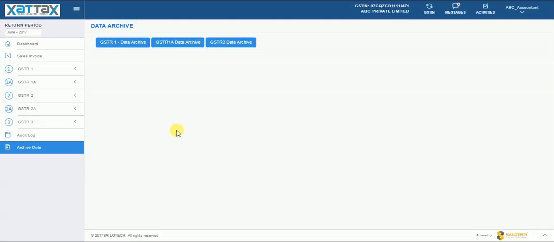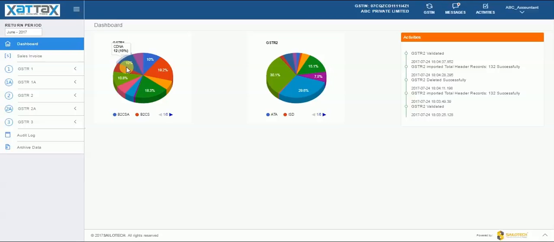So right now, APIs are available for GSTR1, 1A, 2, 2A and 3. As and when the GSTN comes up with the latest release with new APIs for the new returns, those APIs and returns would also be available in this product. And ExactTax has a team of CAs who are in the process of reviewing the law and the necessary amendments, wherein these amendments as specified by GSTN would be incorporated into the product very soon. In addition to that, there's an advanced analytics feature that allows the users to work on these reconfigurable dashboards. This concludes the demo on ExactTax.